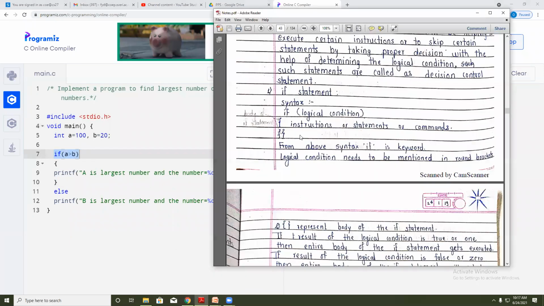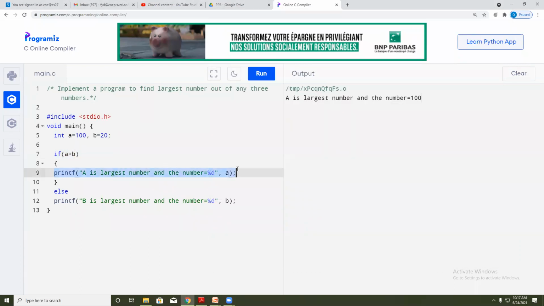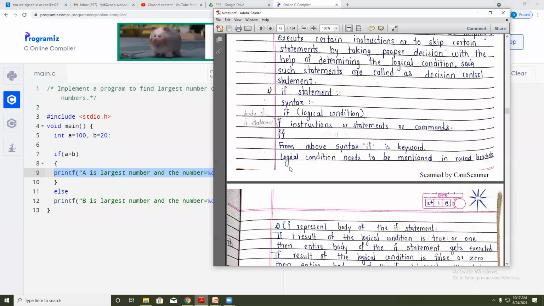Here in the curly brackets you can write simple statements, or you can write any other program in this. If this condition is true, then your program gets executed.